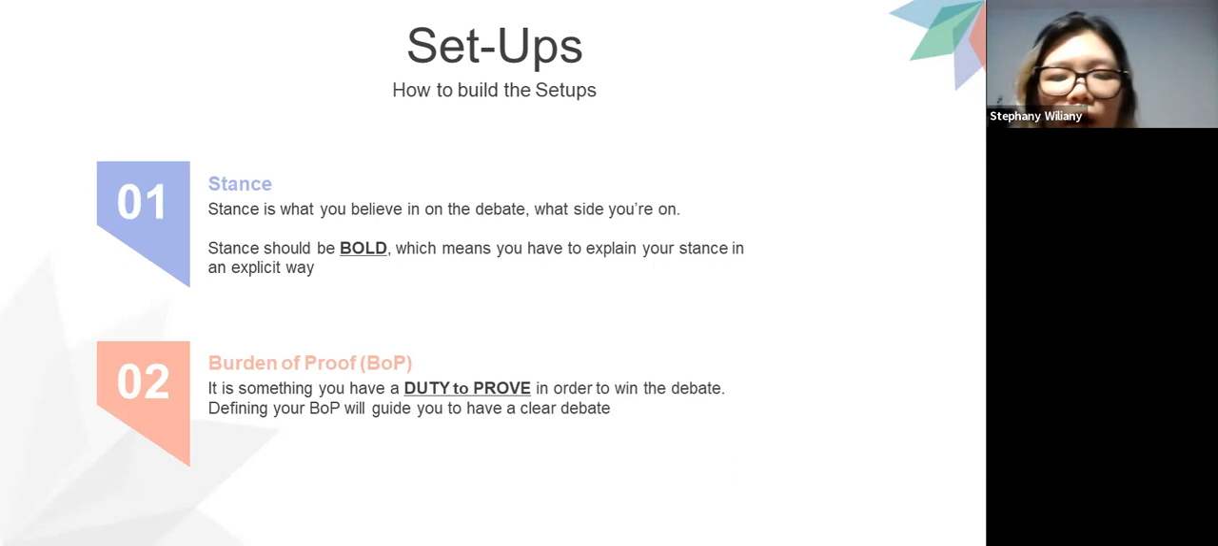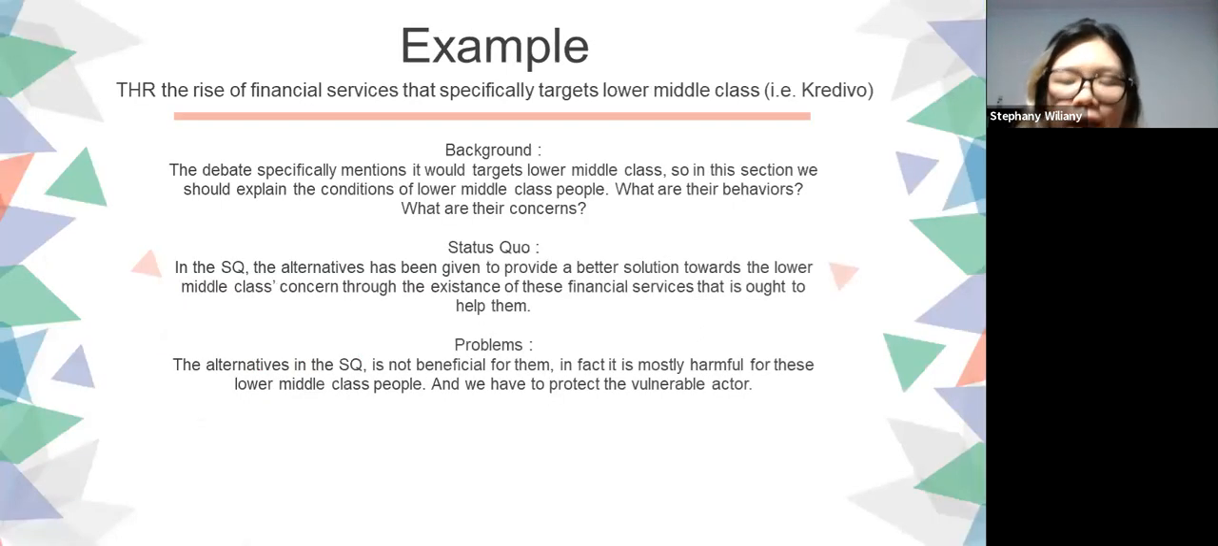It is something you have a duty to prove in order to win the debate. Defining your burden of proof will guide you to have a clear debate. So burden of proof, basically, is your argument, your statement that you have to prove at the end of the debate. You have to prove whether what you are saying about the statement is true or not. So moving on towards the example, I'll give you some example on how to set things up